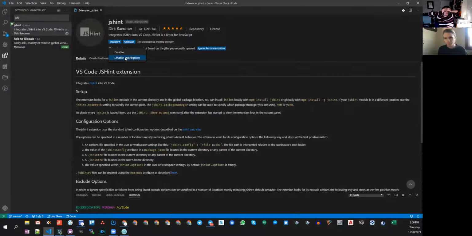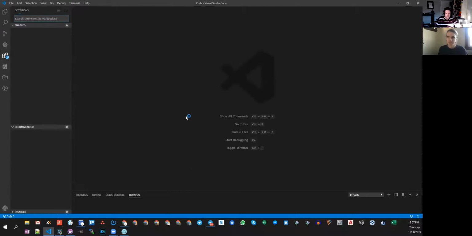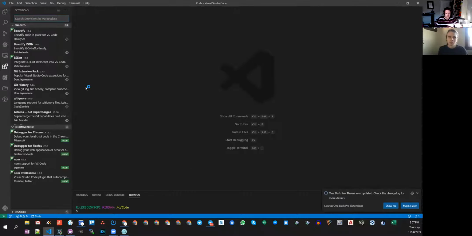So a workspace is probably project specific. I think it's relative to the folder that you're in. It would save something in that folder and remember it the next time that you open it.